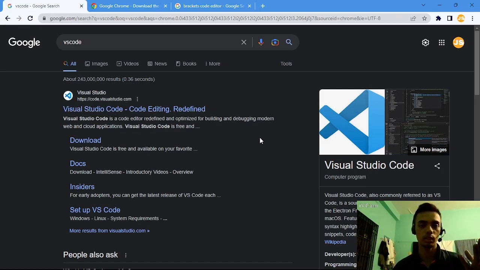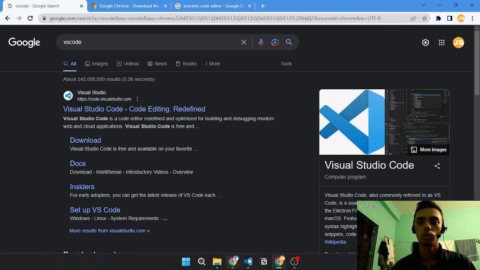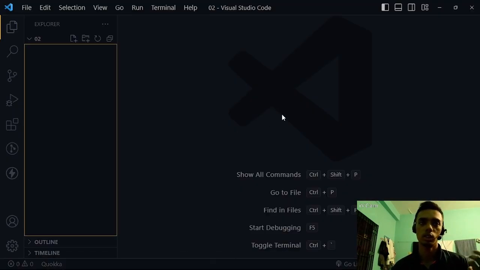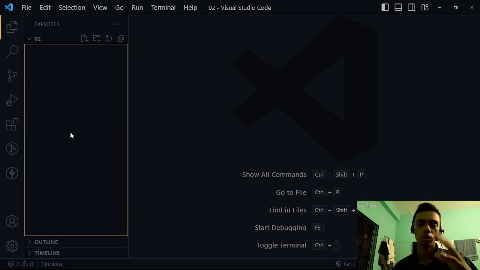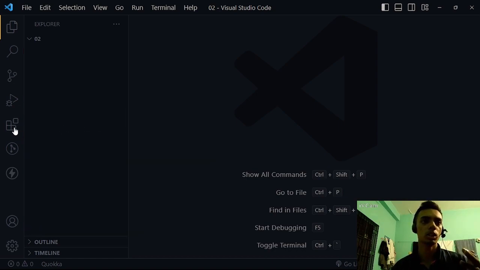some more things here. And if you open VS Code after installing it, this will not be the look of your VS Code. It is actually different. Mine is a little bit different because I'm using a theme, so it changes the appearance a little bit, the colors here and there. And I'm going to tell you the theme, but first let me tell you some important things that we